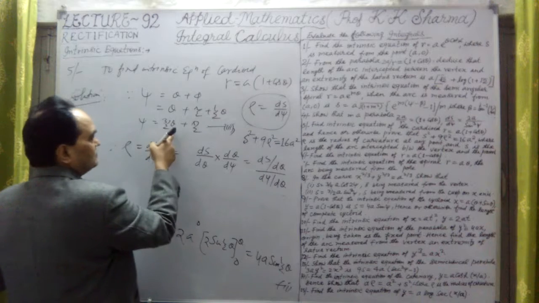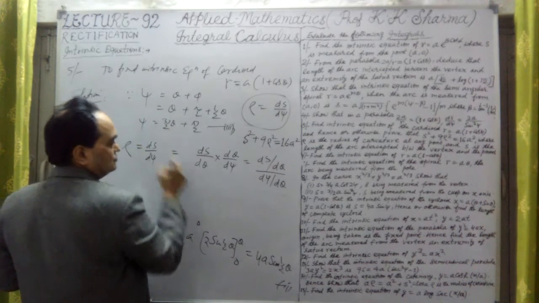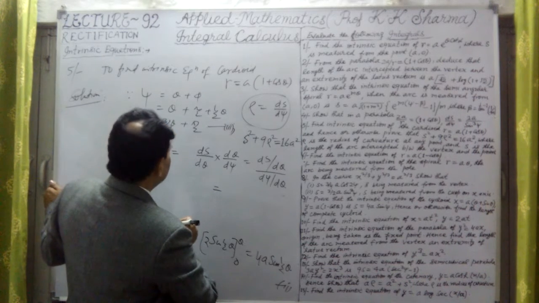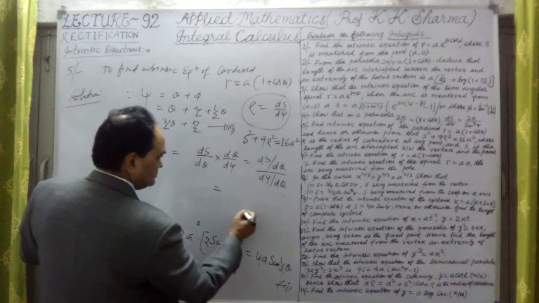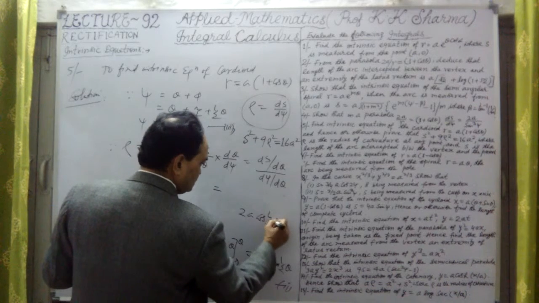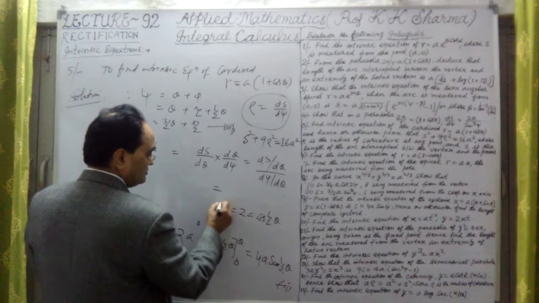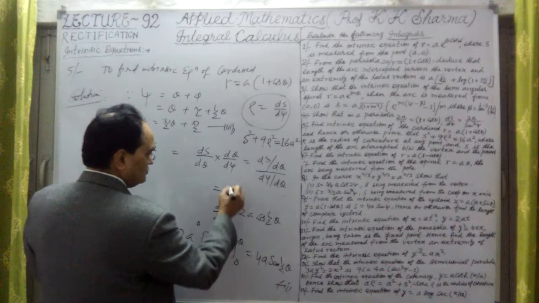What is d psi upon d theta from this? It is 3/2 only. So we can write it as ds upon d theta divided by 3/2. Now ds upon d theta was twice a into cos of half theta. This was the value of ds upon d theta. So this is twice a